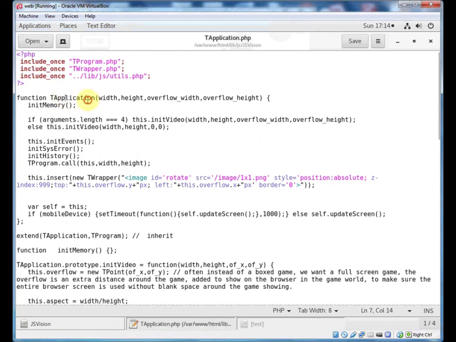So the constructor is called TApplication. I passed it the width and the height because I decided that we were going to specify what the width and the height of our game or our program is going to be. I also added two extra fields called overflow width and overflow height. The reason I added this, let me show you,